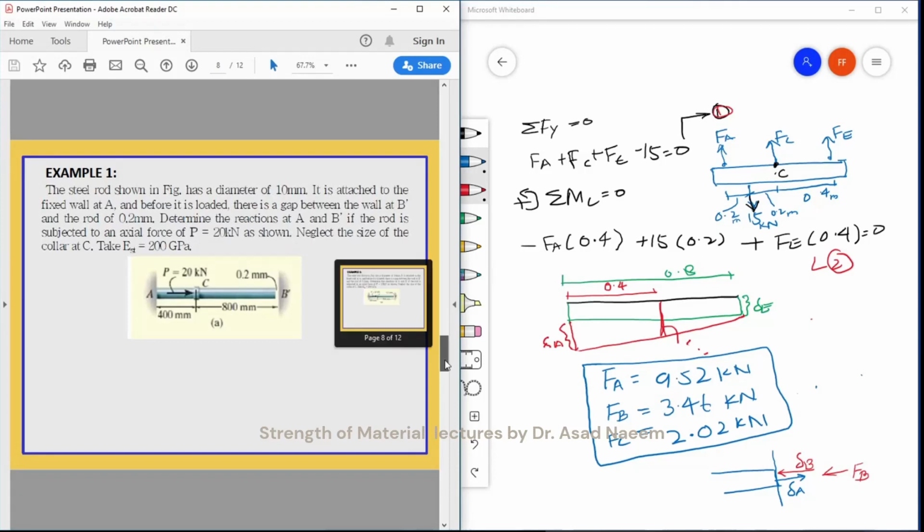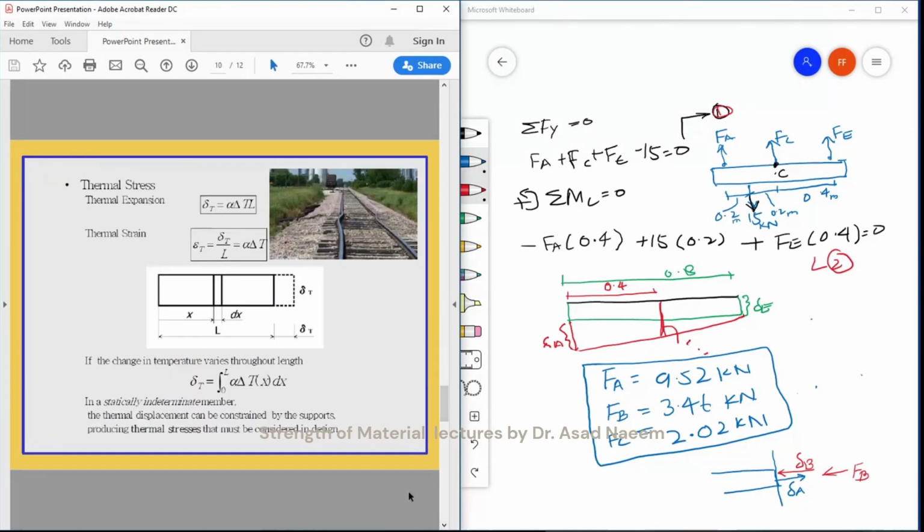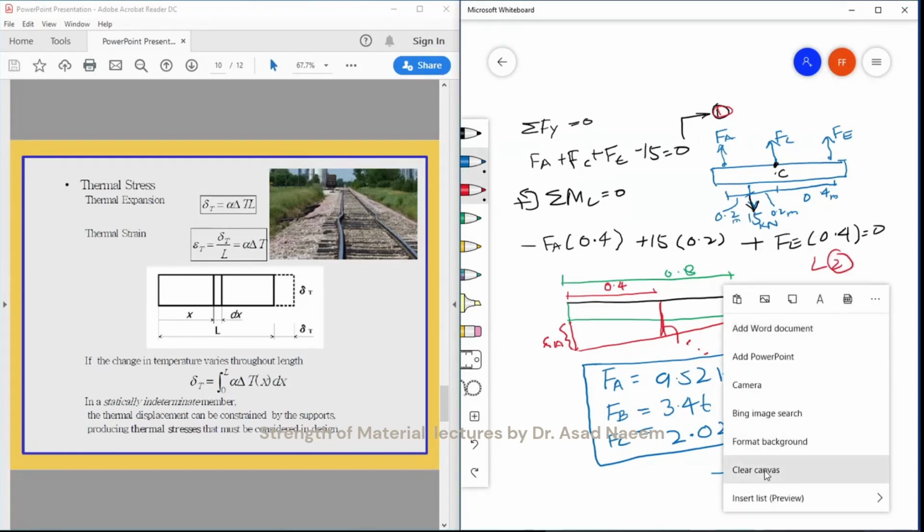सो ओके, नेक्स्ट टॉपिक इज आवर अबाउट द थर्मल स्ट्रेसेस, ठीक है।